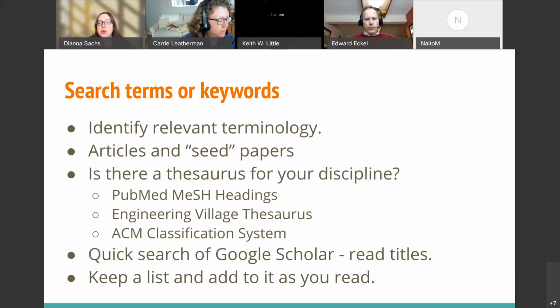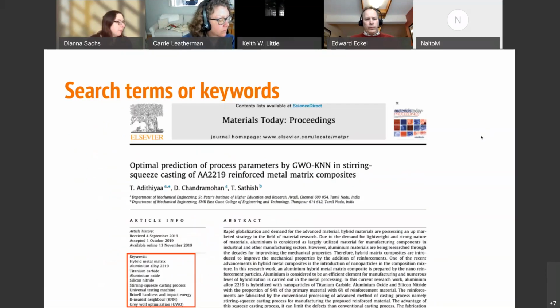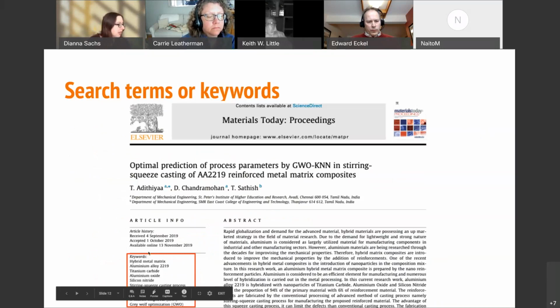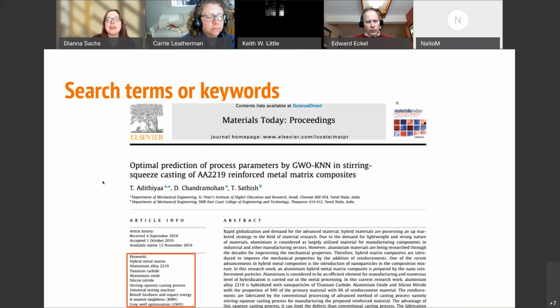Now, I do want to show you very quickly an example of author-supplied keywords that we can find in journal articles. If you look at this slide, on the bottom left, there is this red box. This shows you how in many of these academic journal articles, there will be subjects or keywords or descriptors.